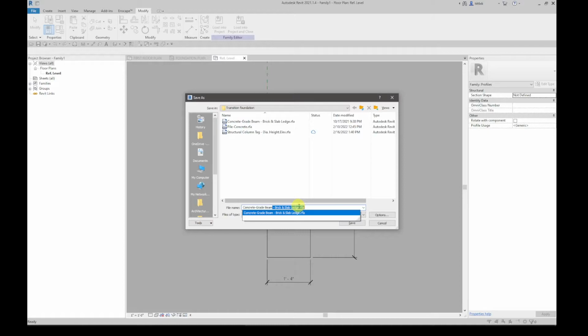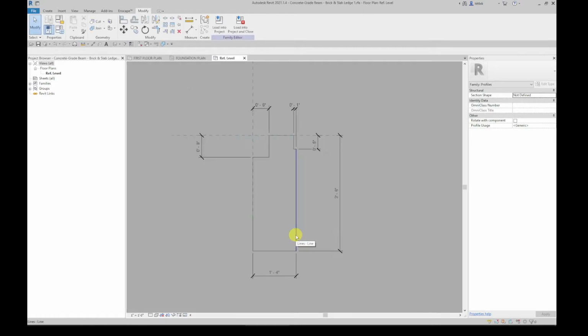Now, because we have a separate size of this for the two different locations, so we have this one here, the 3'6" deep one, is for the full height walls, and then we have another one that's basically the same exact thing. It's just not as tall for the window walls. So what we are going to do now is we're going to turn these dimensions into